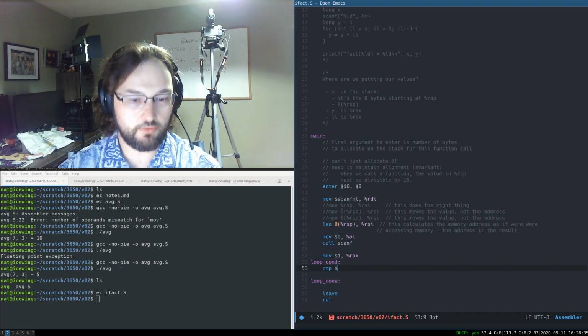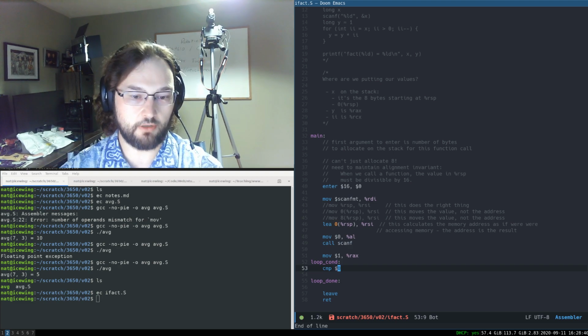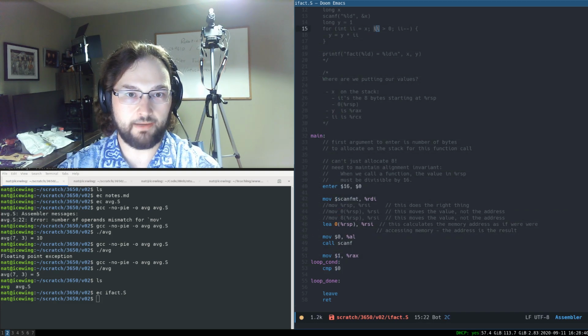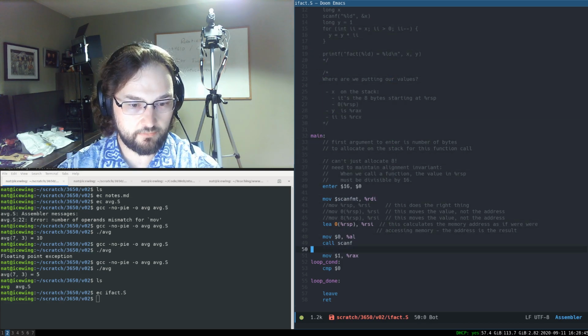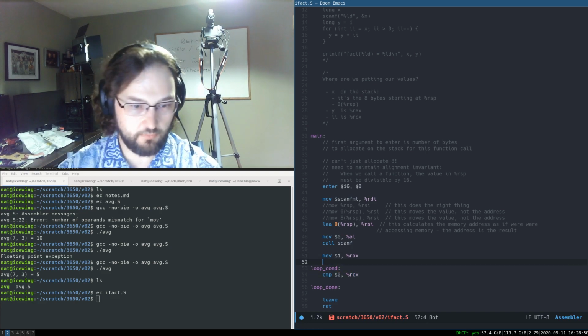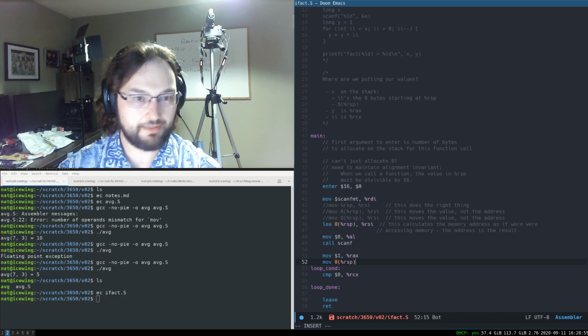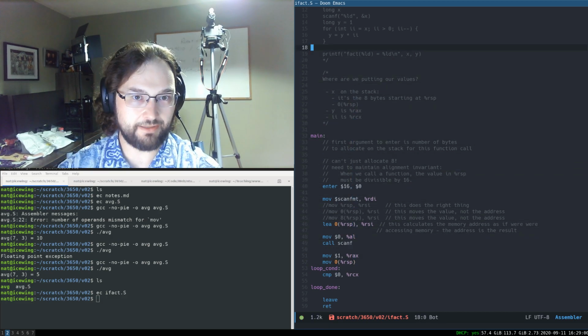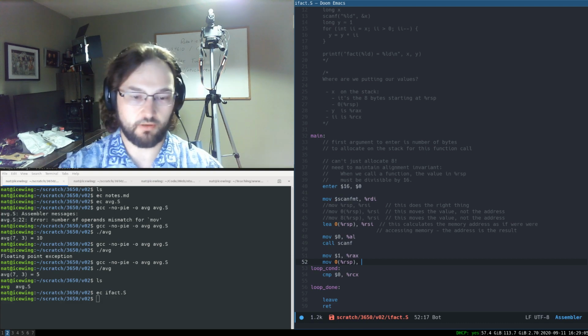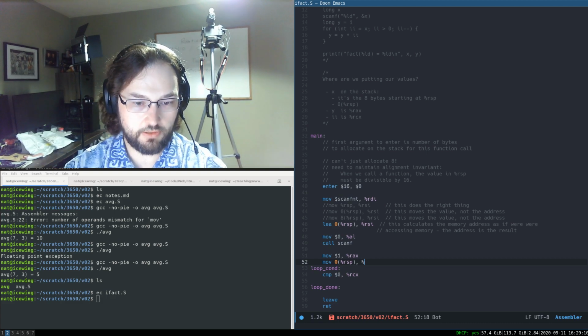So we're comparing to 0. That's the 0, our right-hand argument in our loop condition here. So we're comparing i to 0. i was RCX. We probably also want to move that value, so we're setting i equal to x, so we're going to move the value at the memory address RSP plus 0 into